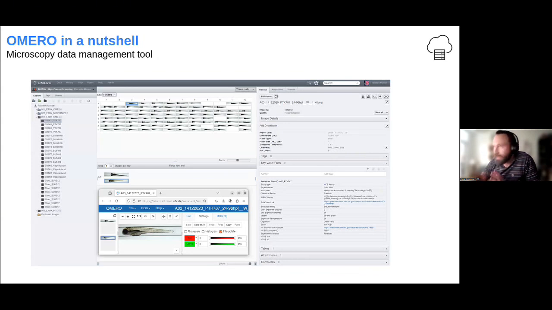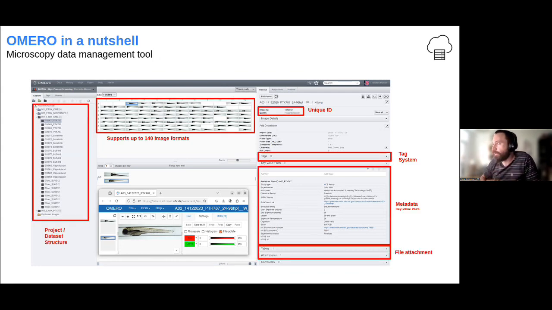OMERO, in a nutshell, really fast intro, is a microscopy data management tool, and it's a pretty cool one because it allows you to share data, to annotate them, and to structure them in a certain way that helps you with your daily research data management with images. Just to give you this fast overview, images have a unique ID, so you can really link a single image to a specific number.